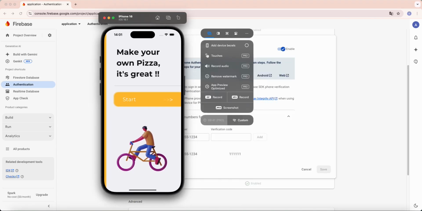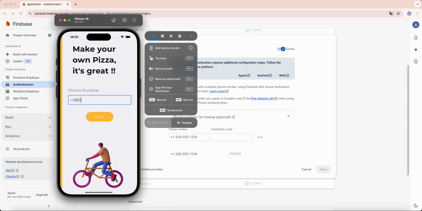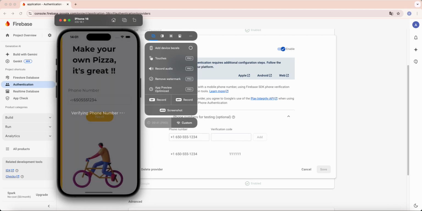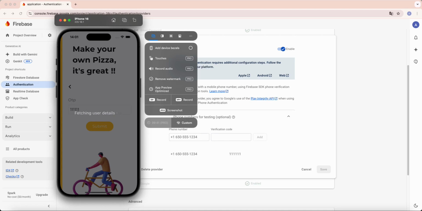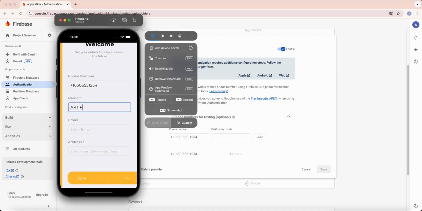Next we open the emulator, select start, add phone number, next, verification code, write name, Art, programs, Warsaw,